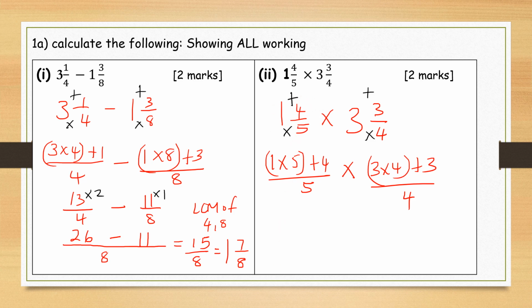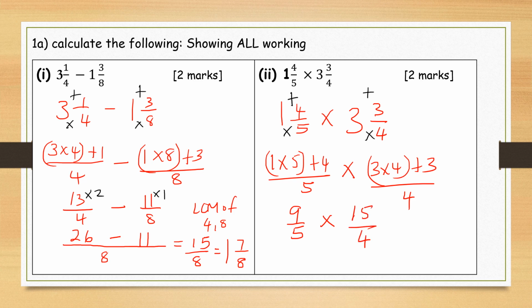Once you understand this, you don't have to do it anymore after you're comfortable. I'm only doing it here just to make sure that you understand how to convert a mixed number to an improper fraction. So we have 5 plus 4 is 9 over 5 times 12 plus 3, 15 over